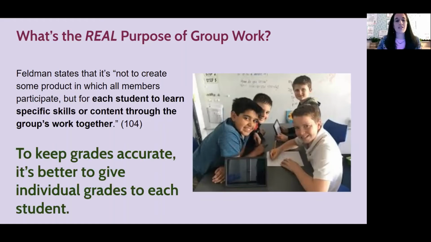So to keep grades accurate, it is better to give individual grades to each student. In my class, when I am teaching, and students might be doing a group activity or an individual activity, but if I am expecting them to do a presentation at the end of the assignment and they're going to create Google Slides to stand and present, I always tell them that their Google Slides are an extension of them as